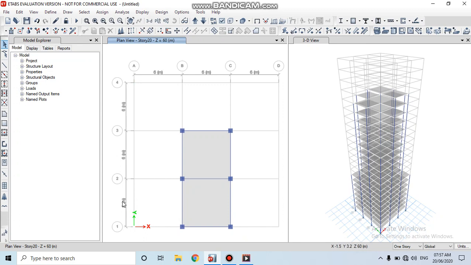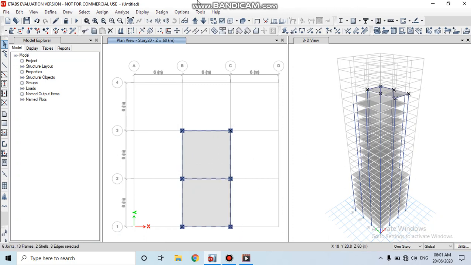Then press escape. Check here, it is one story here. And here the plan view story is 1. Then click on, then select the total.